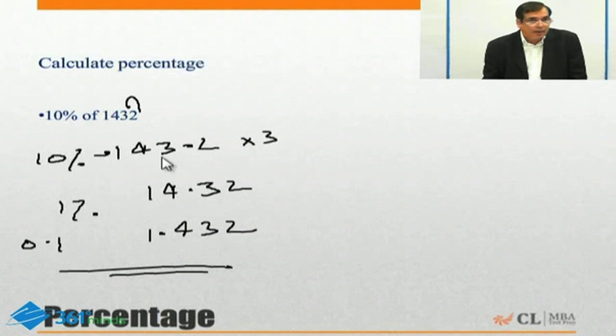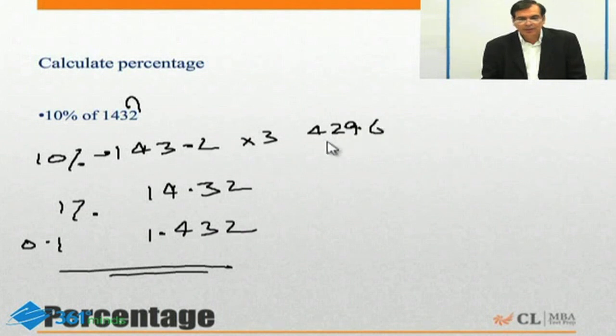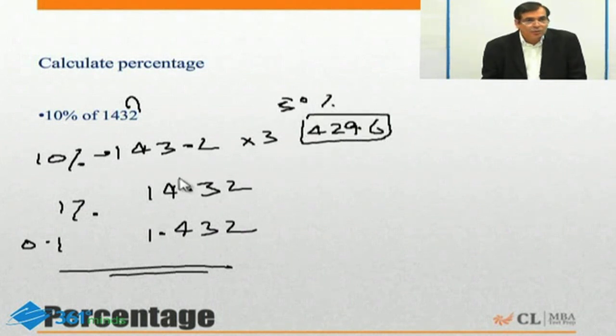143 into 3, again go back to your table. 143 into 3 will be, 140 into 3 is 420, 14 into 3 remember 42, and 3 into 3 is 9, so 9.6. So this becomes 429.6. This is 30%. Supposing I had asked you to find 15%, 10% is 143.2, 5% will be half of that,